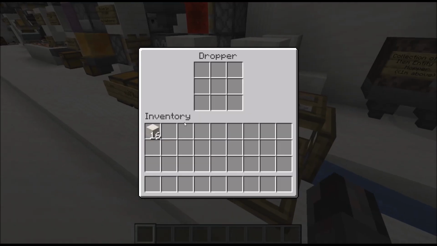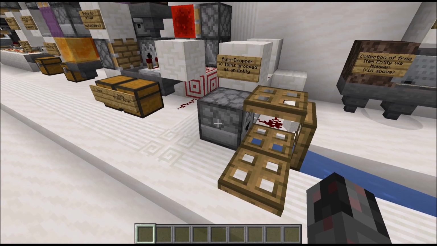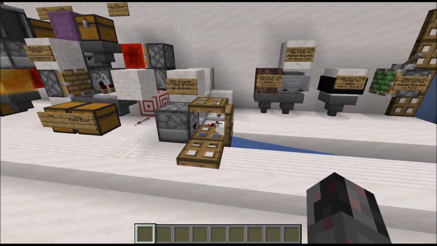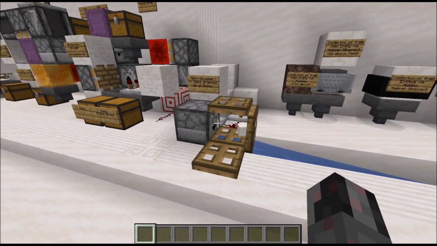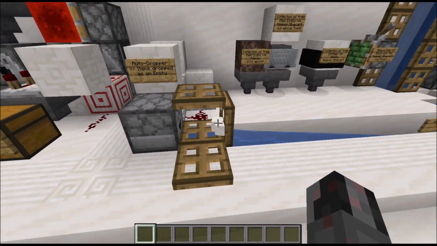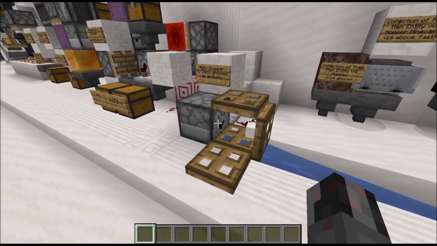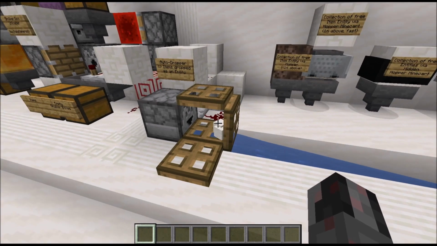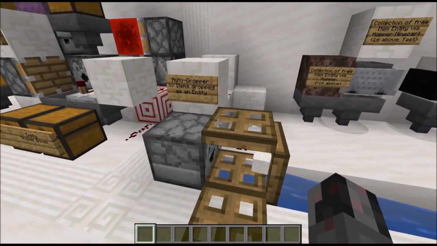And well, let me quickly show you this. So all you need to do is put the items in there and you can see the items are being pushed out of this dropper here. And once it is empty, it will simply stop running. Please ignore the trapdoors. They are not really part of the auto dropper. They are for a slightly later part of this episode. Anyway,